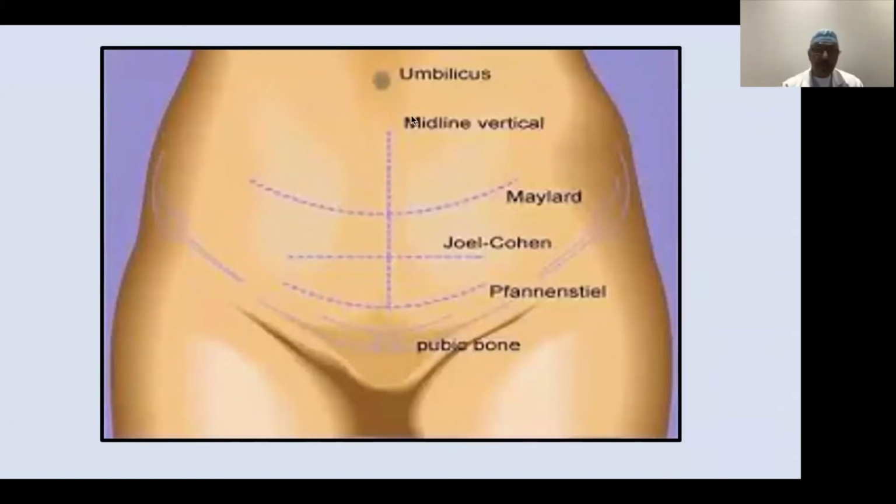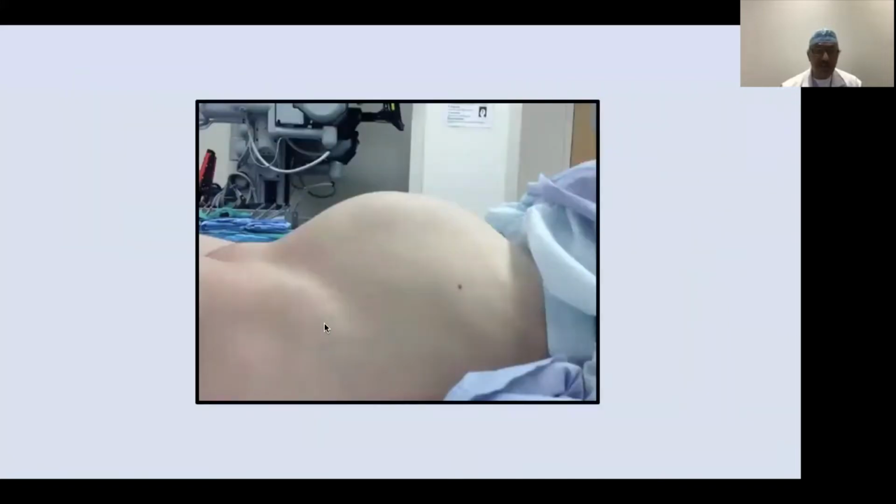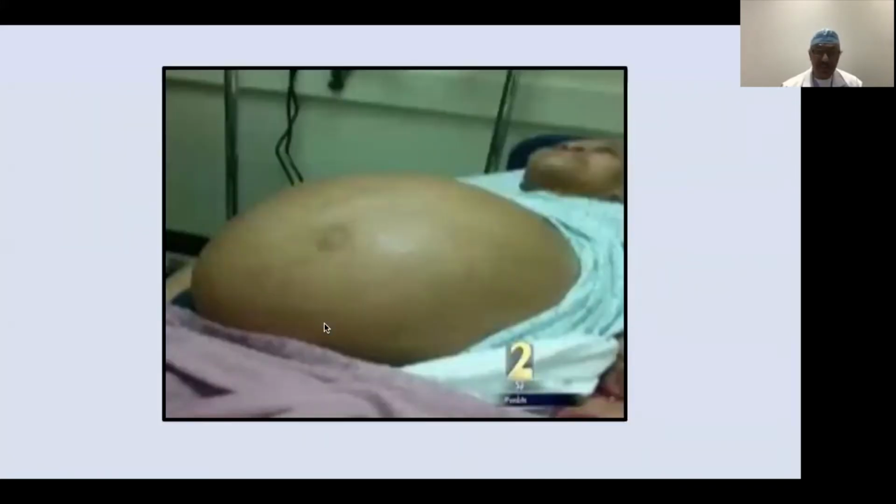This is a big myoma, but you can always try to feel it, and if it's a single myoma, multiple myomas can be taken from the Pfannenstiel. You can do Pfannenstiel, but in a big myoma like this, maybe you cannot remove it from a Pfannenstiel incision, so you have to go for midline, or like this one. It's almost impossible to take it from a Pfannenstiel incision. Maybe you have to open from xiphisternum till pubic to get that myoma